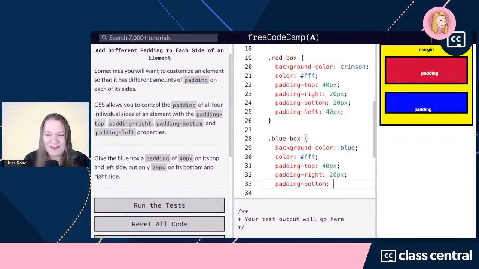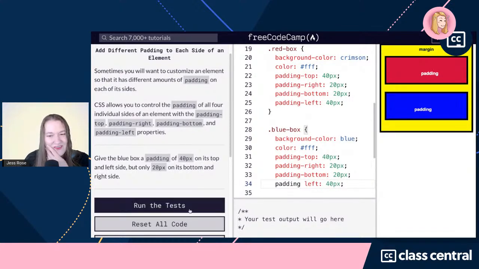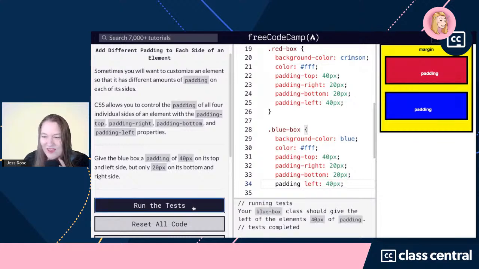And I bet you can guess why this goes in this order if you think about it. The padding bottom is going to be 20 pixels as well. And the padding left is the last one. It's going to be 40 pixels. I think everything's going to be fine, don't you? Oh, heck. Oh, heck. 40 left should be,